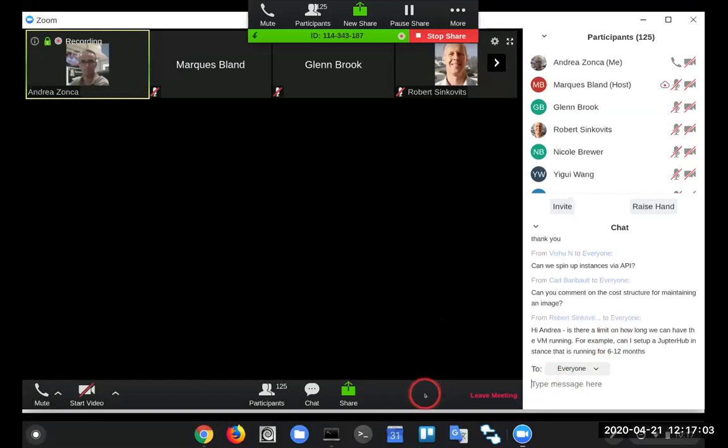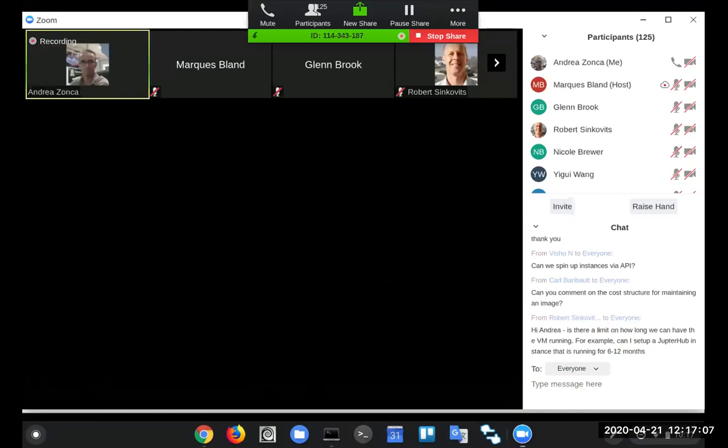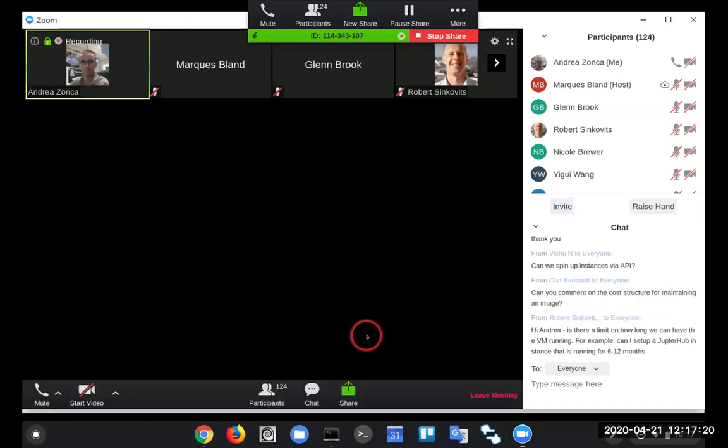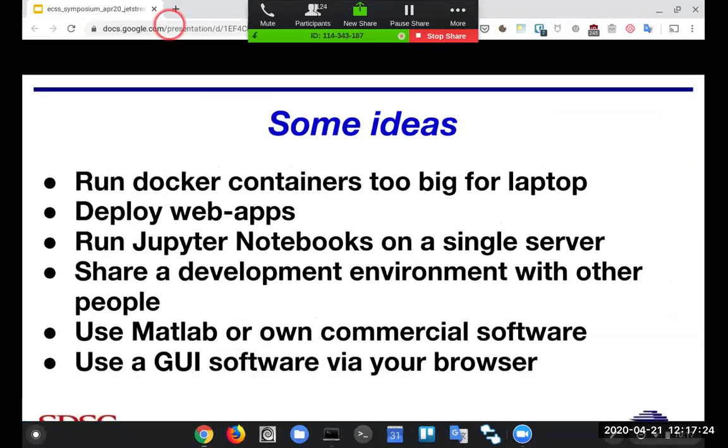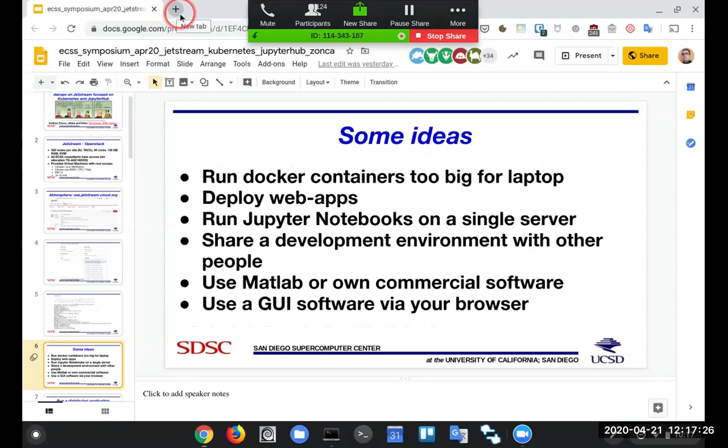So there is no limit on having a virtual machine running. Once you have started the virtual machine, you decide when you want to tear it down. You can even have it running for a year. And about the cost structure, I actually have built a cost calculator